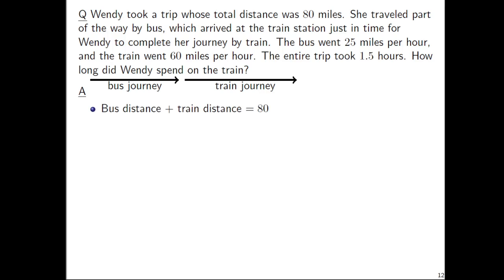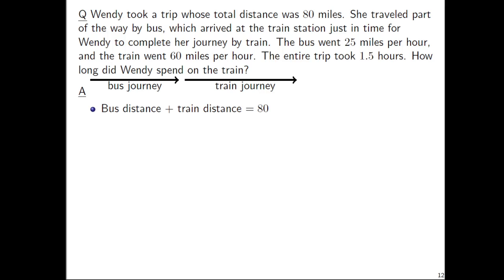And here's the thing: the distance on the bus plus the distance on the train all together adds up to 80 miles. This is given away by the first sentence saying took a trip whose total distance was 80 miles. So it's not 80 miles on the bus followed by another 80 miles on the train. That'd be 160 miles total distance, right? So we don't know how much the bus journey distance was or how much the train journey's distance was. We don't want to assume it's a 40-40 split,